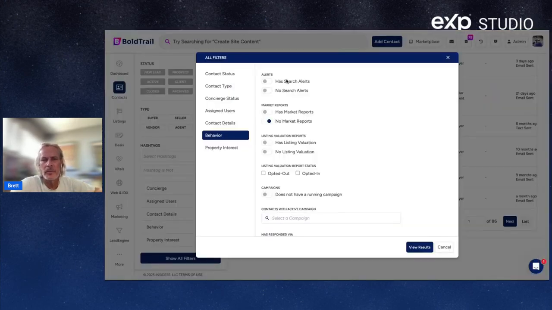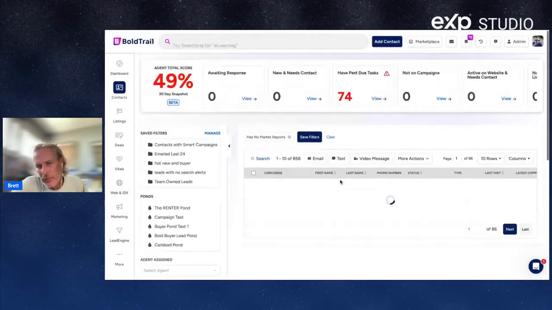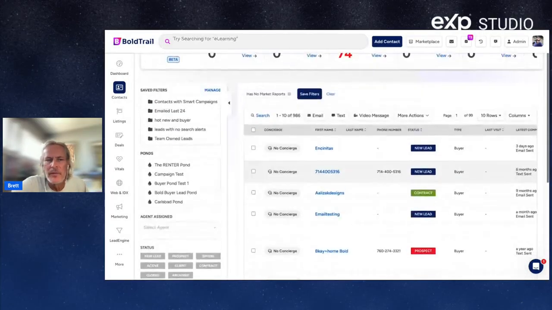Okay, that's what I really want. Sorry, lost my place there. So I'm going to create that market report from your website. It's a tool that gives a 30-day summary of a particular market, like let's say San Diego. So I'd save that filter, view results, and then I'd work through these people as my daily to-do. And then I would repeat